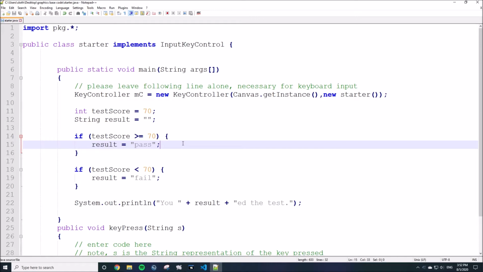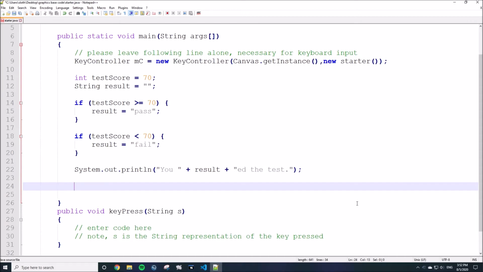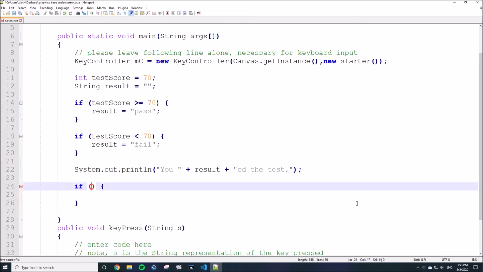Alright, so now let's start using the dot equals method. So I'm going to have more if statements. So if our pass or fail, if result dot equals, right? Actually, I'll write it out how I wrote it out before, just to show you guys that they're basically doing the same thing. If result equals pass,